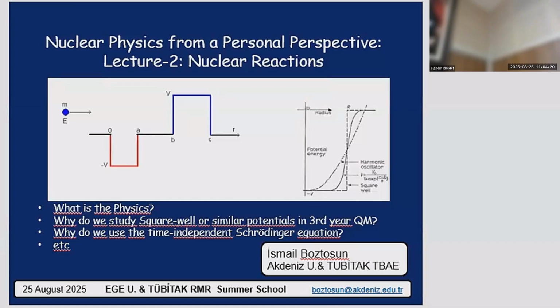You see, small a is the projectile, capital A is the target, and the exit channel is the same, then it is called scattering. And it could be elastic scattering and inelastic scattering, where these stars denote the excited nucleus, like the example on